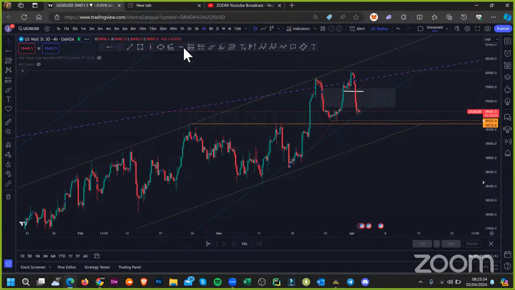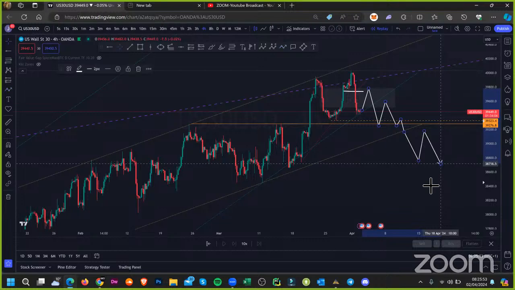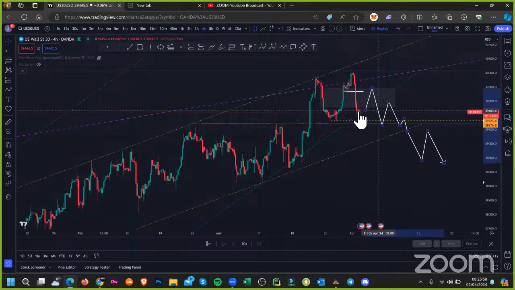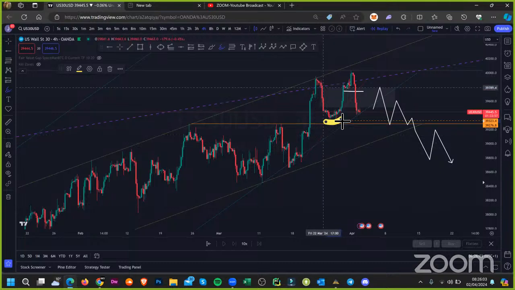opinion, even if this market wants to continue going down, we may first see it do something like this, then decide to do this, then decide to do this, then decide to get in here. At that point in time, I want to see whether this market is going to break outside of that structure, those two yellow lines, and decide to do something like this. Or is this market going to tap in here, respect that swing level over here, respect this structure, which is a higher low? Have a look, higher high, higher low, higher high, then respect this structure, higher low,